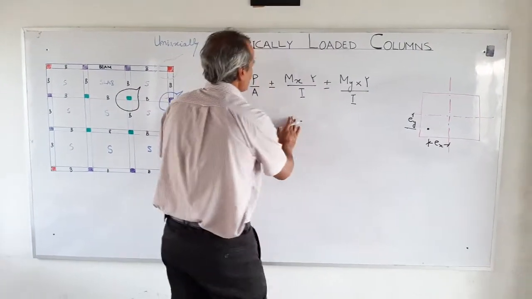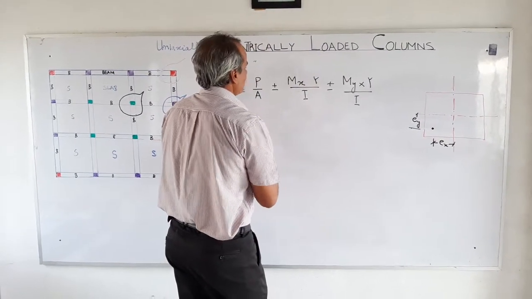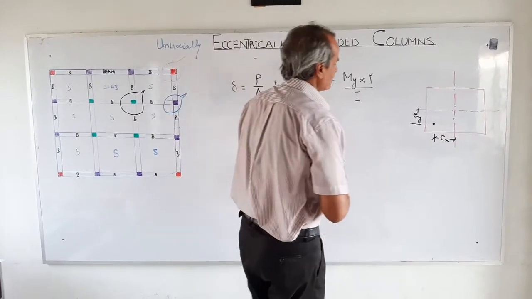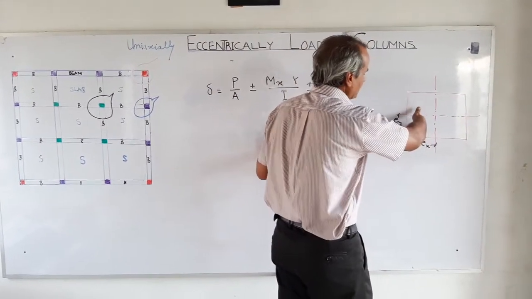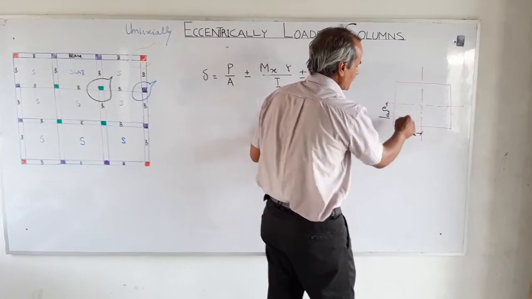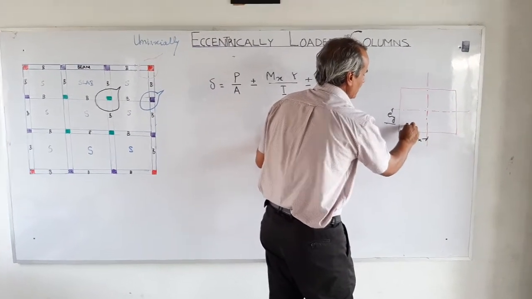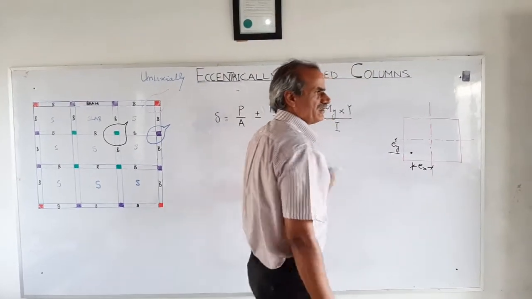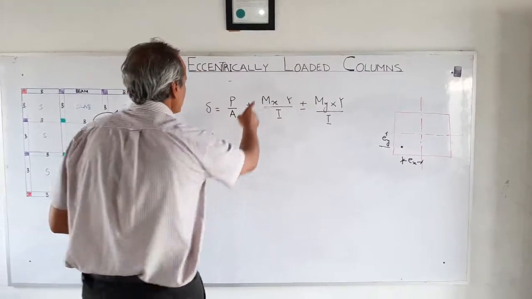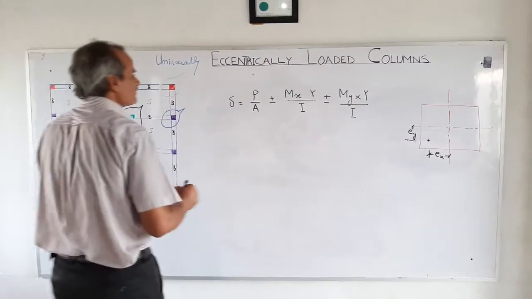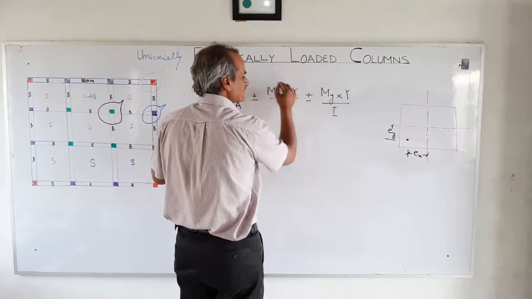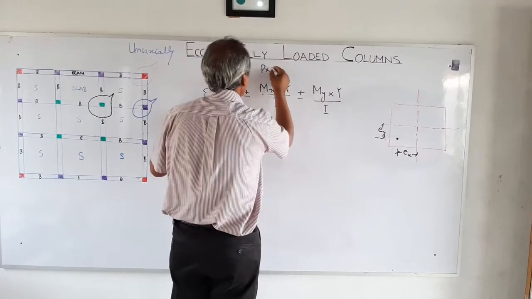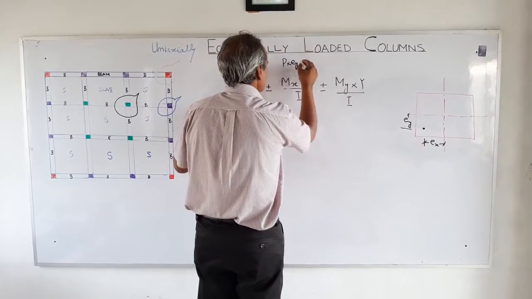And you see, if we want to calculate, say Mx, then what is Mx? That is moment about the x-axis. Now moment about the x-axis is this one, that this load multiplied with the moment arm over here, which is away from the x-axis, shall give us the Mx. So Mx is P into the eccentricity, E subscript y,